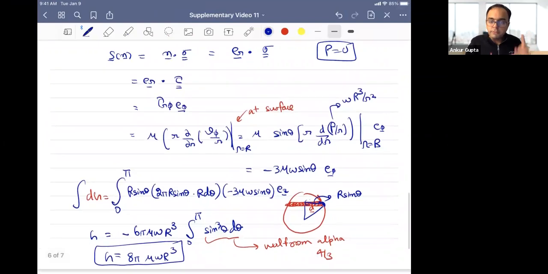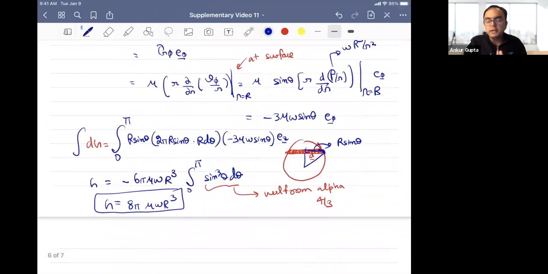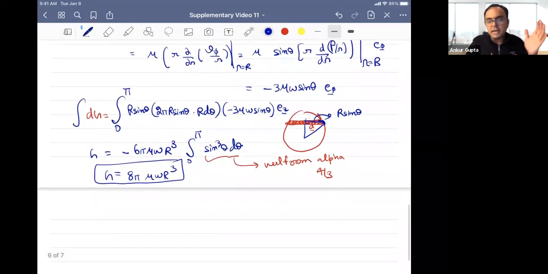That gave us the stress vector. From the stress vector, we need to multiply with the area. The right area to think about is the part which is shaded here, which is a kind of ring with the radius R sine theta, and R d theta is the thickness of that ring, to get the area. And basically that's how we got that. R sine theta was the distance away from the axis of rotation. So when we did that, we got the torque.